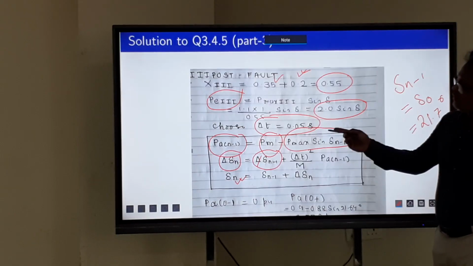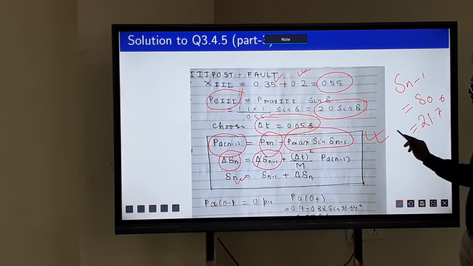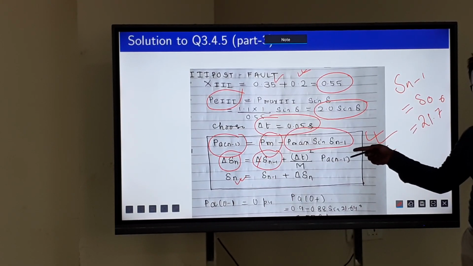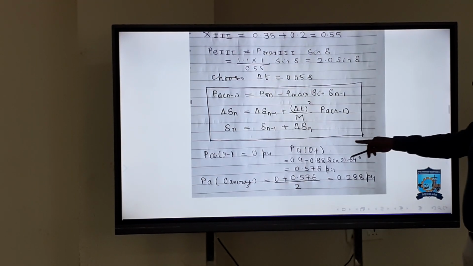Now if you look at the Scilab code, this principle, or this formula, has been implemented in the Scilab code to plot the curves. Go and cross check it. And then we calculate the various